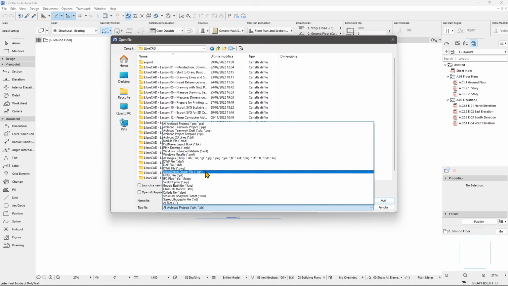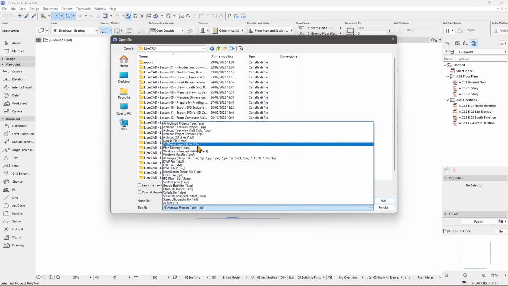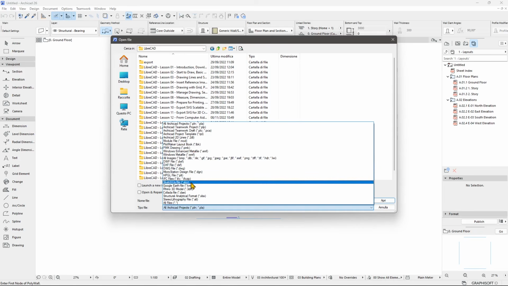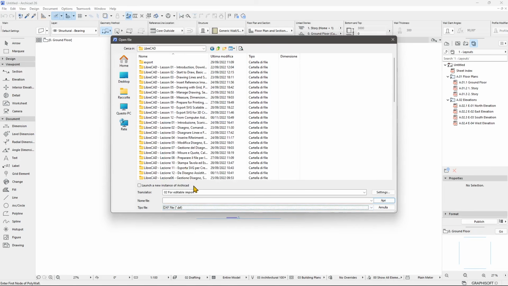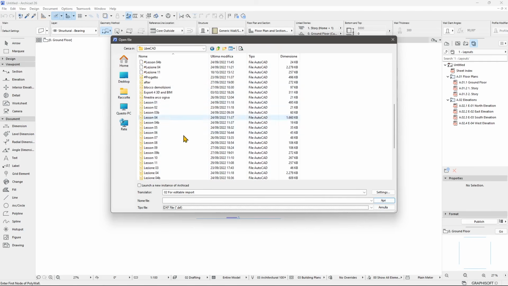Now, if you're interested, you can also check the ArchiCAD video course. So this is just going to be a quick tour and just the passage from one software to the other. Now, in this case, we just need the DXF. And now you can see that